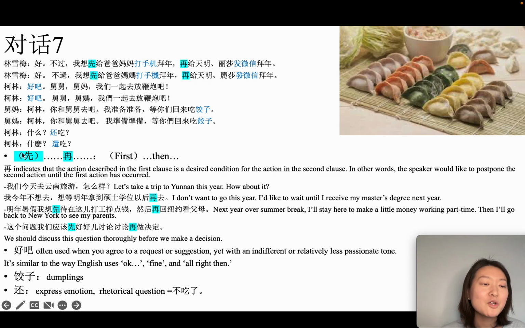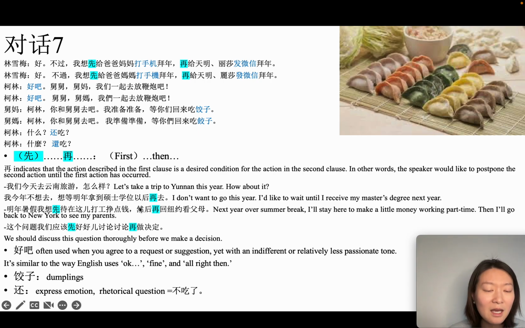But 先 is optional. You can have sentences without 先, just using 再. For example, 我们今年去云南旅游怎么样?Let's take a trip to 云南 this year. How about it? 我今年不想去, I don't want to go this year. 想等明年, I want to wait for next year. 拿到硕士学位以后再去. When I get the master's degree, after that, then go. So here we don't have 先, but you know that the first condition is I get the master's degree and then I will go. 先拿到, but you can also say 想等明年先拿到硕士学位以后再去。Okay, another example: 明年暑假, next summer break,